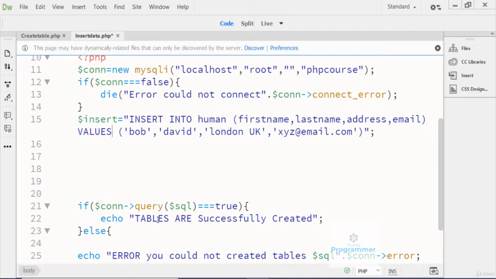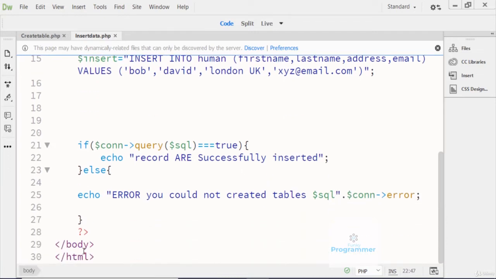Okay, now here you can see that I just write "records are successfully updated or inserted," because the update command is another command. Now after that, here you can see that